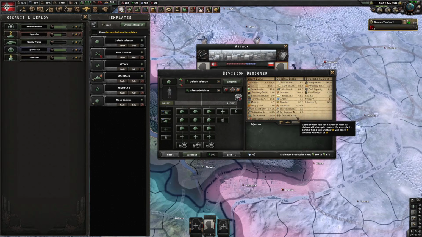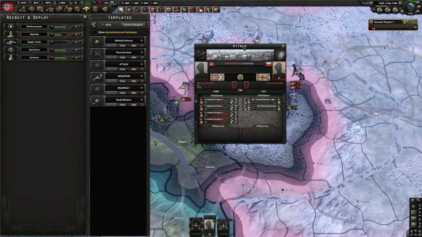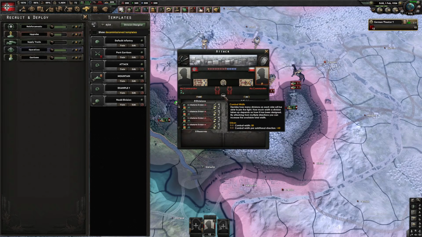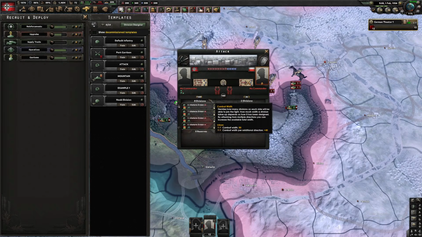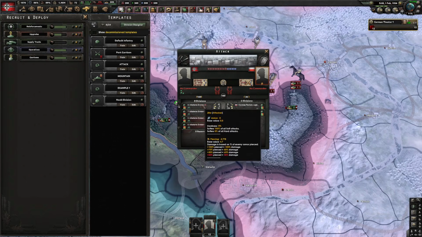At the bottom here, you will see the combat width. This is important because it measures how much space your division occupies in combat. Each battle has a certain amount of combat width, meaning that a larger division, meaning higher combat width, will fit less of these units than with a smaller division. Like in this battle right here, it is 160 combat width, meaning we fit 8 divisions that all are 20